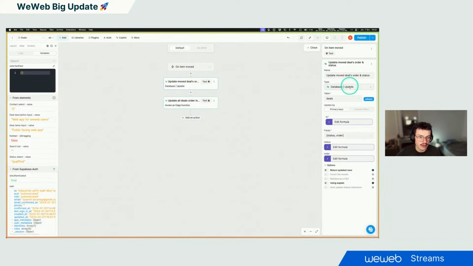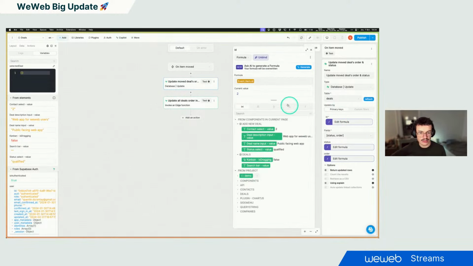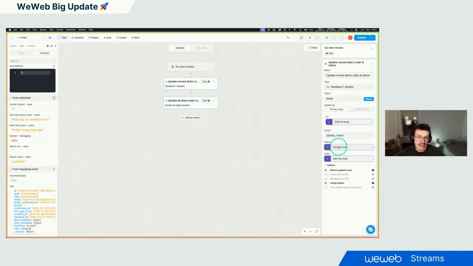So here it's an update. And now the main difference is that you can update by primary key. So that's what I'm doing. So I have the element that was updated. So I update it, and I can select which fields I want to update. And same, you can return the updated rows, count the results, retrieve a CSV, easy explain, and auto update linked